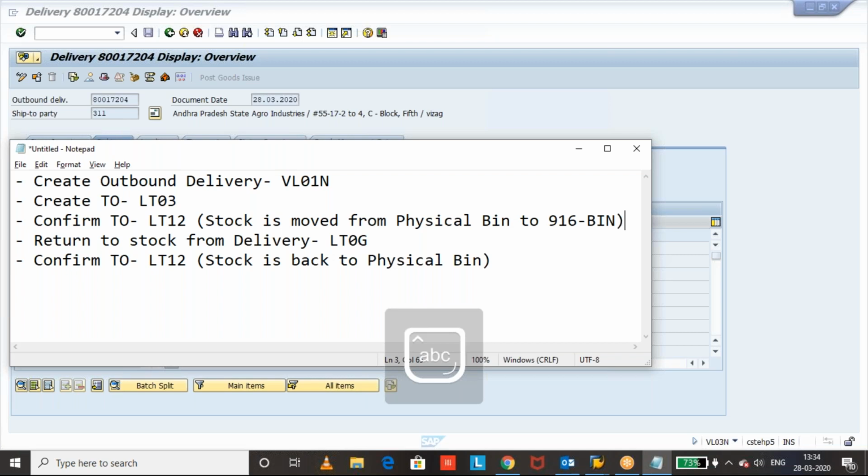This is how we do it when we perform the reversal after confirmation in case of delivery. I hope this video has given you an understanding of how to reverse after TO confirmation during inbound delivery and outbound delivery. In this video, I explained the outbound delivery.